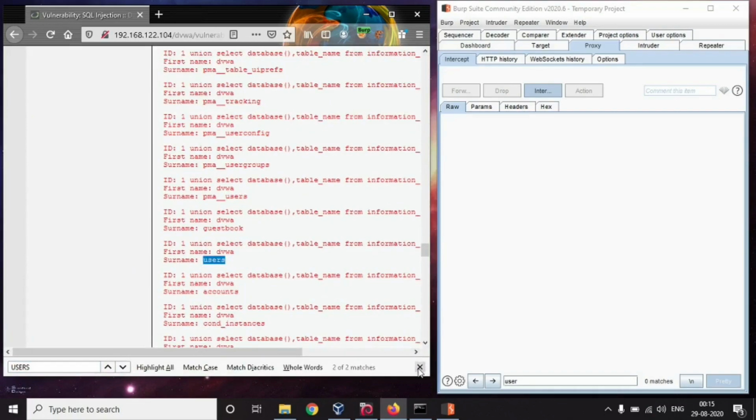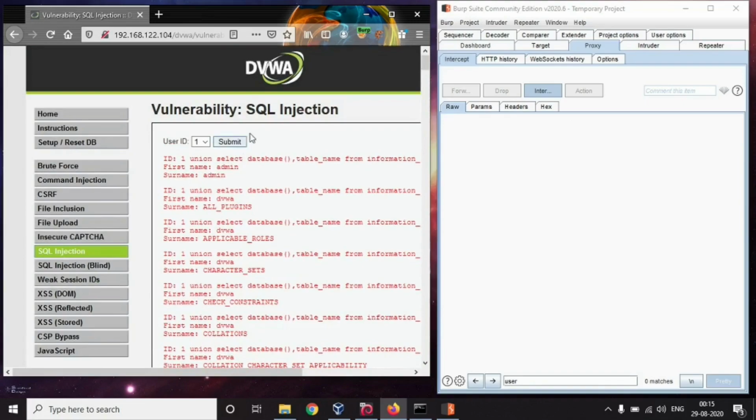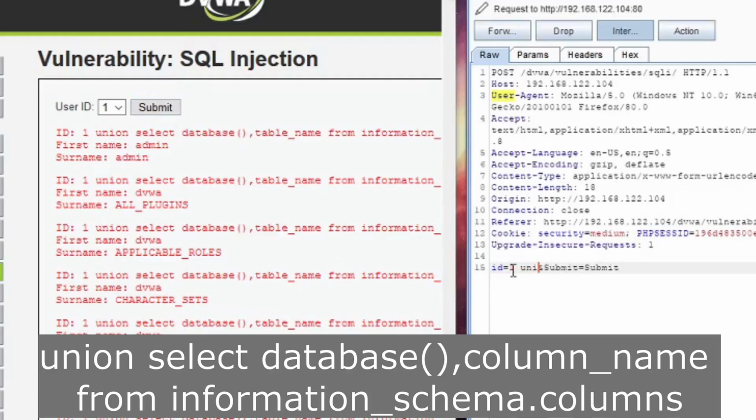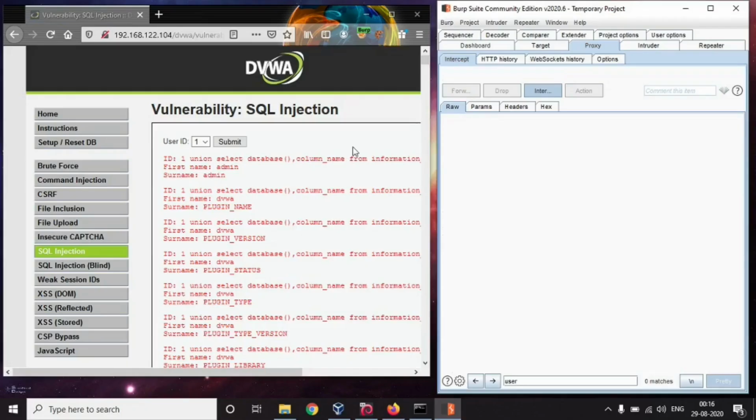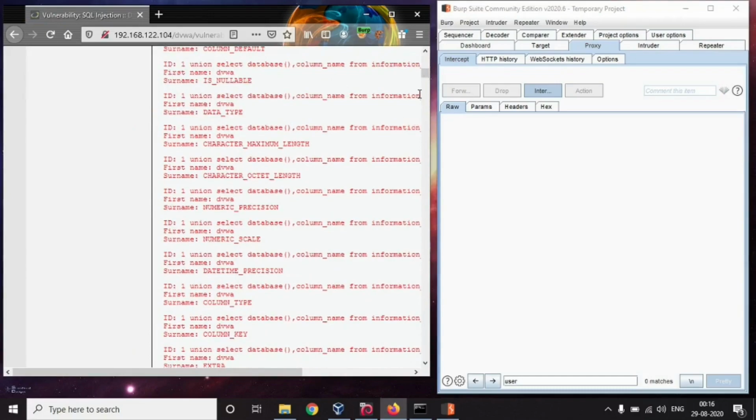Now let's find out the columns. For finding out the columns, I'll modify the query a bit. So now it gave me all the columns that are present.